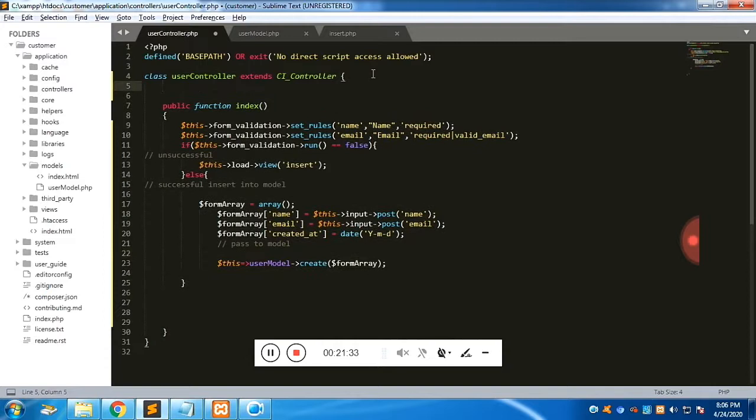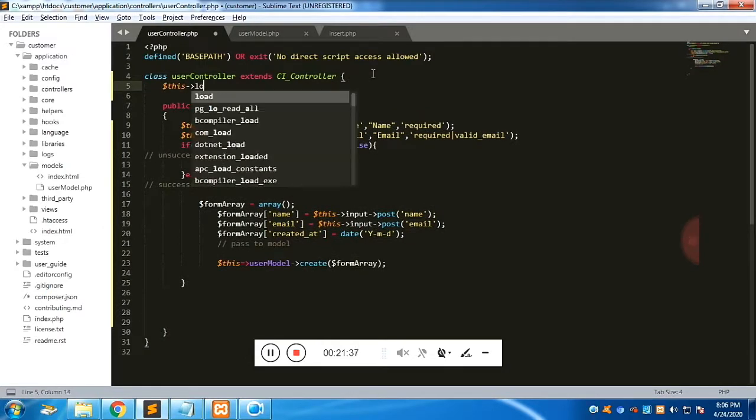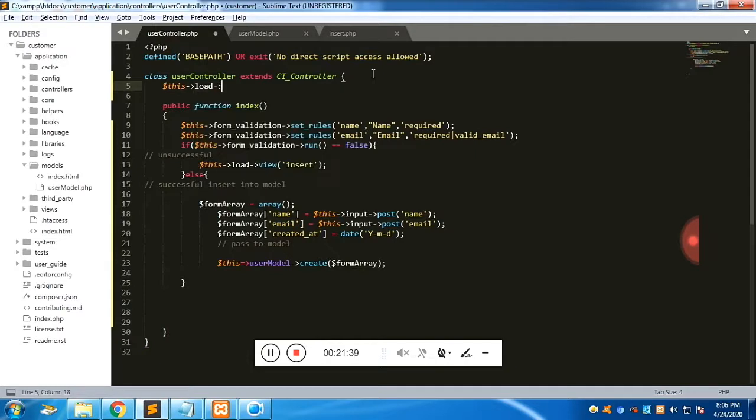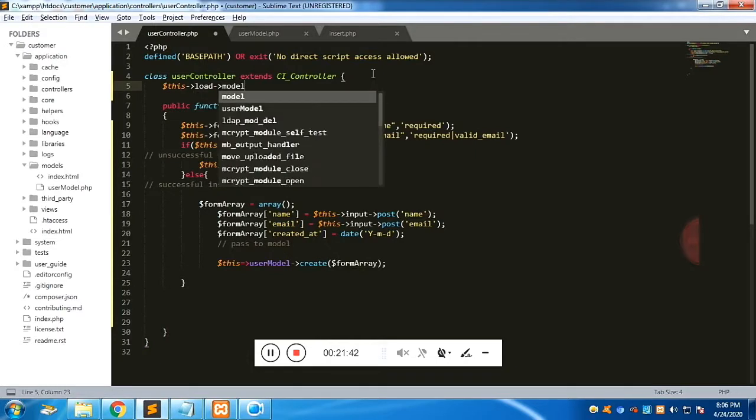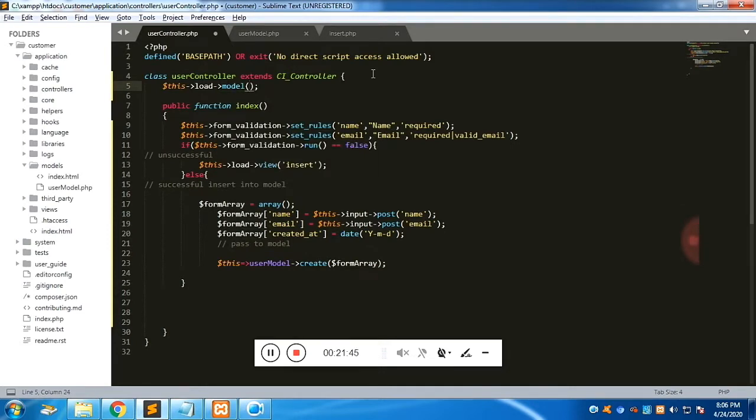For that, we will call the load class, and with the help of the load class, we will load the model, and inside the parameter we will pass our model page name, which is user model. Fine. Once this is saved, we'll go to the create, and inside the create you can see the data will be inserted.